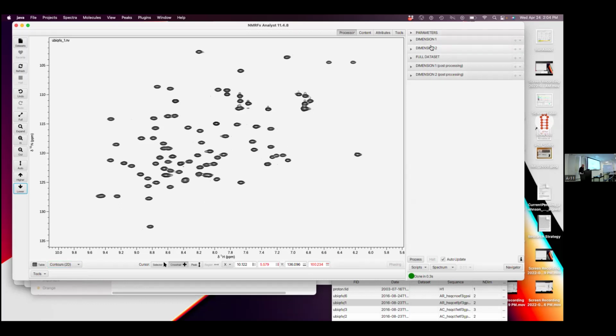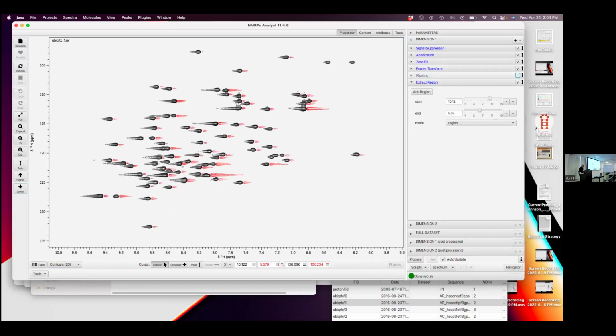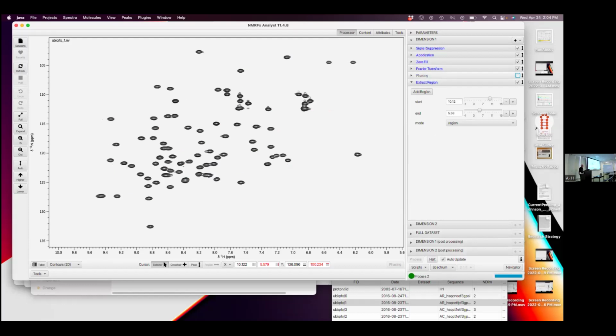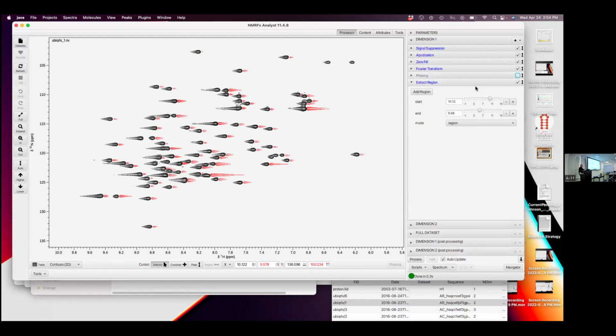Couple other things. Let's walk through the rest of the options here. There's actually full data set. There's only one operation that currently works on the full data. So this is something that, instead of happening on individual vectors and you repeat it over and over, looks at the entire data set. The one thing I have there is this D phase. Let's go back to dimension one and turn off the phasing. You'll see at the bottom of the screen there's this auto update button. If auto update's on, then everything you do will immediately cause it to reprocess. For 2D, that works pretty fine because it's taking like 300 milliseconds to process. So I can turn phasing on and off